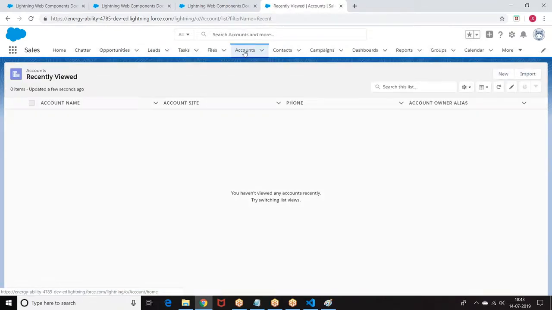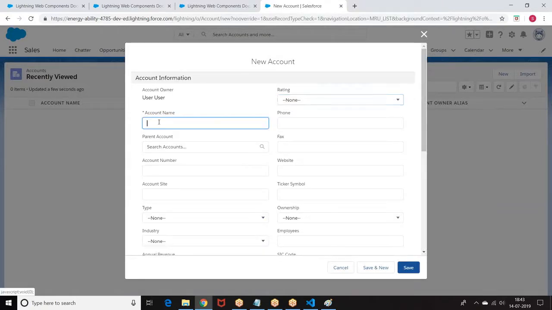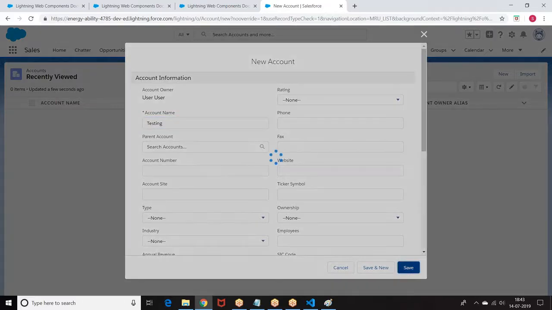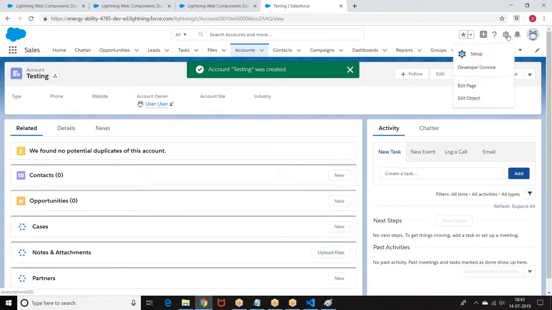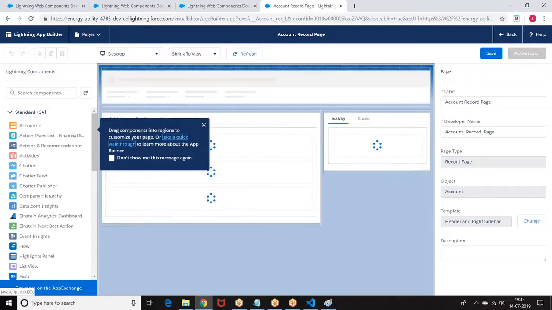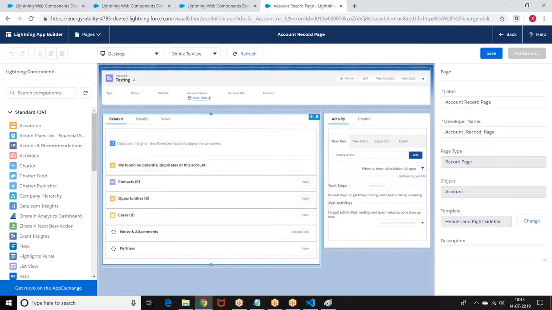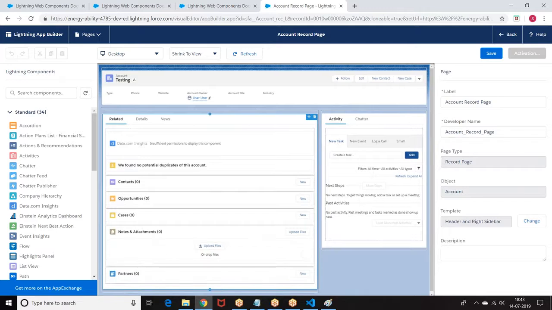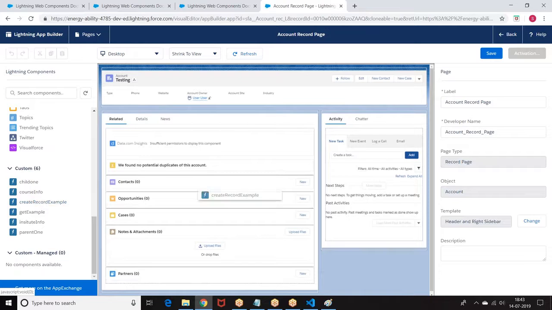Go to the account. Go to the edit. Wire data, we need to push it.